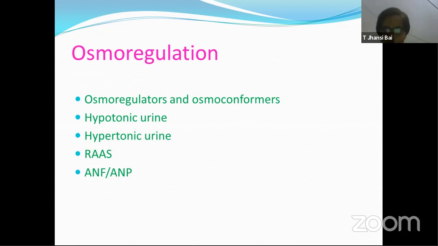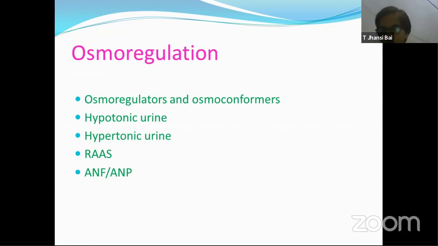So we are homeotherms. Similarly, when we are talking about osmoregulation, some organisms, like vertebrates especially, try to maintain their fluid concentration. As I mentioned earlier about homeostasis, they maintain that ionic composition of their internal environment, the concentration of all these solutes, and they try to maintain the same thing wherever they are, irrespective of the environment.